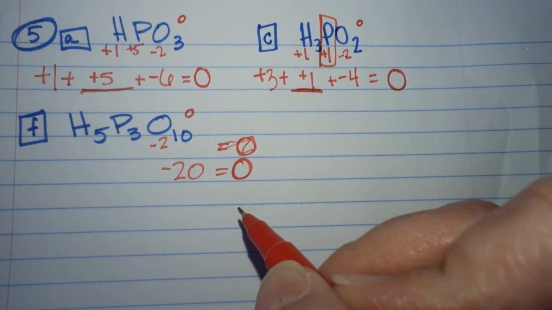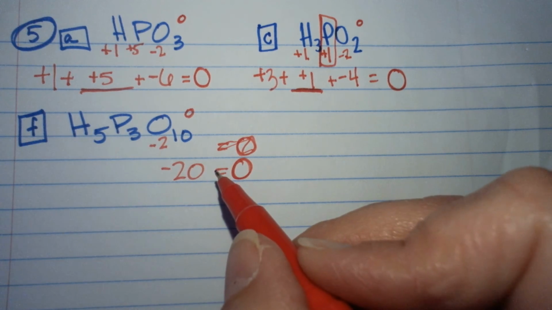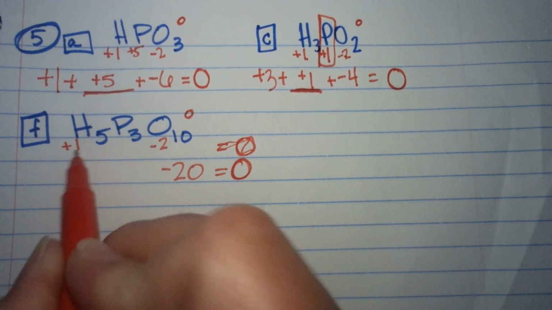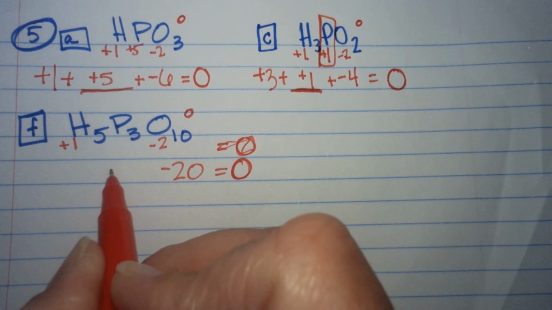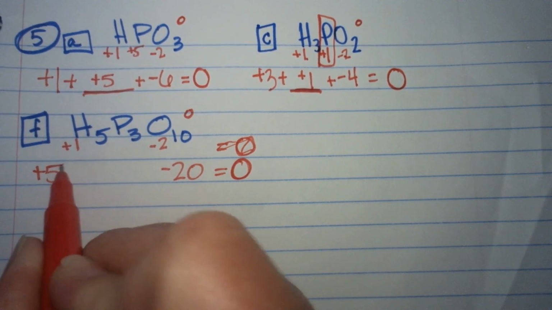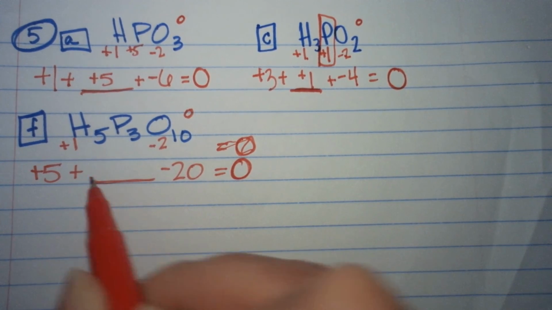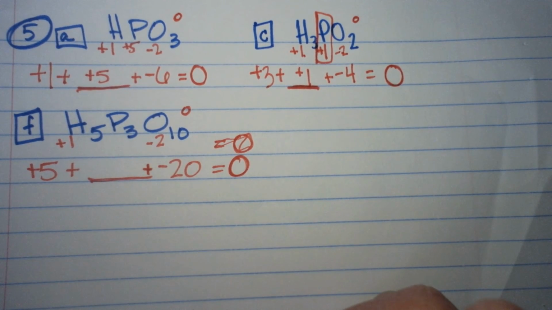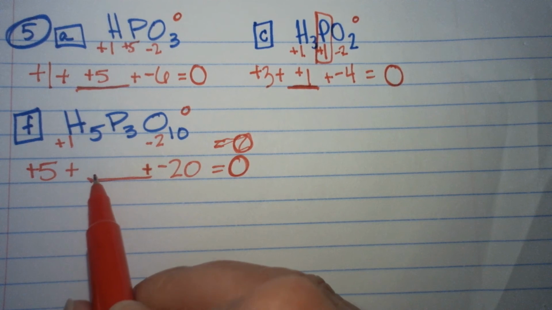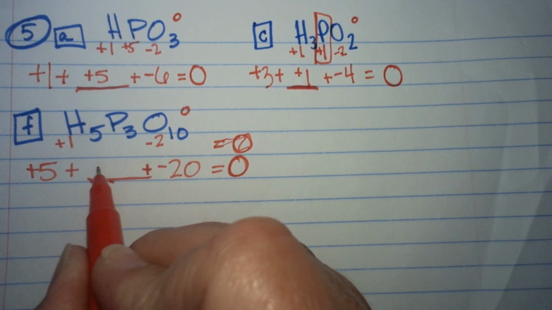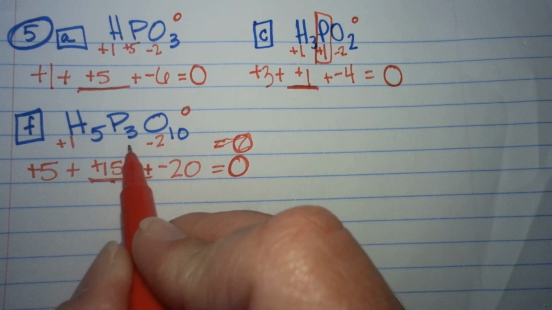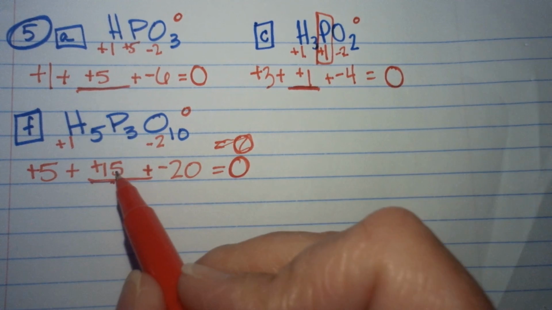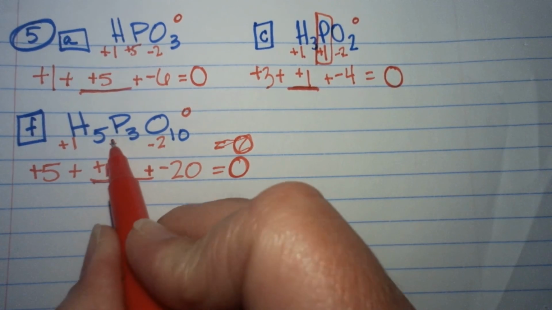So don't let the big numbers throw you off. We're still doing the same thinking process. We still have hydrogen with nonmetals, so it's going to be a +1. But I have 5 of them. So what does that make phosphorus? What I need to make this math sentence correct is a +15, right? But I have 3 phosphoruses. So you're right. I have to divide 15 by 3 and I'm going to get a +5